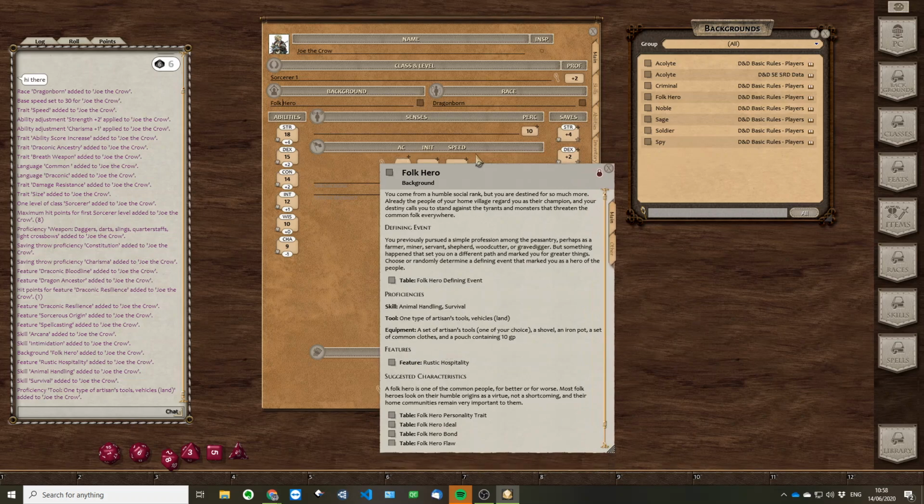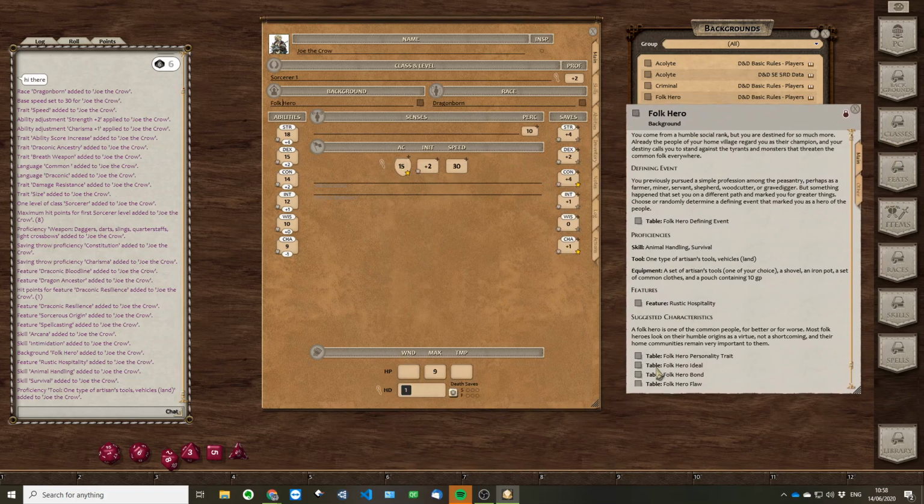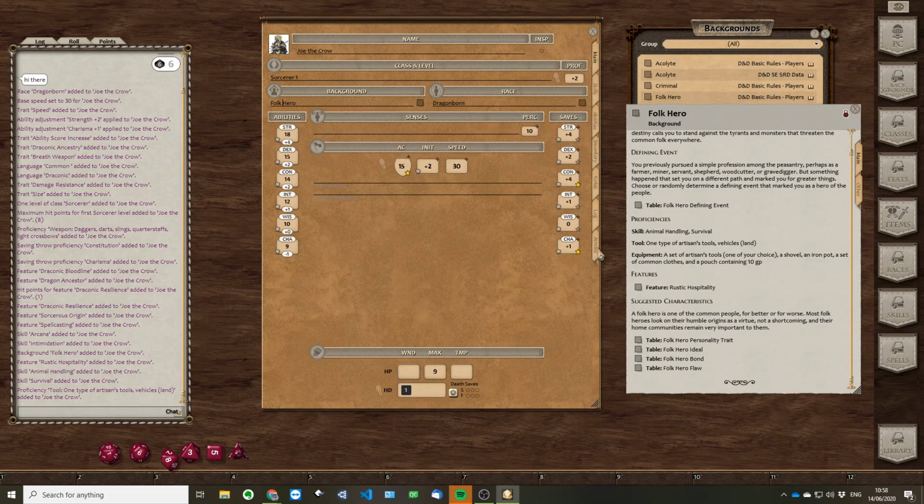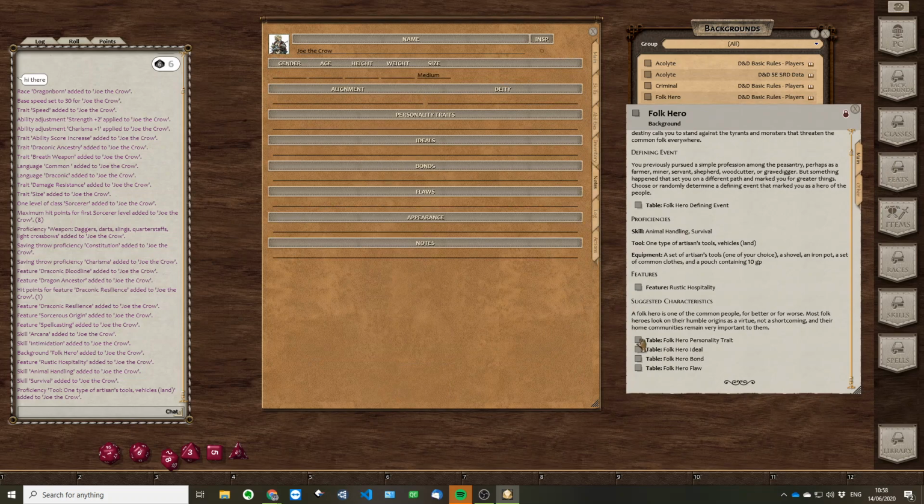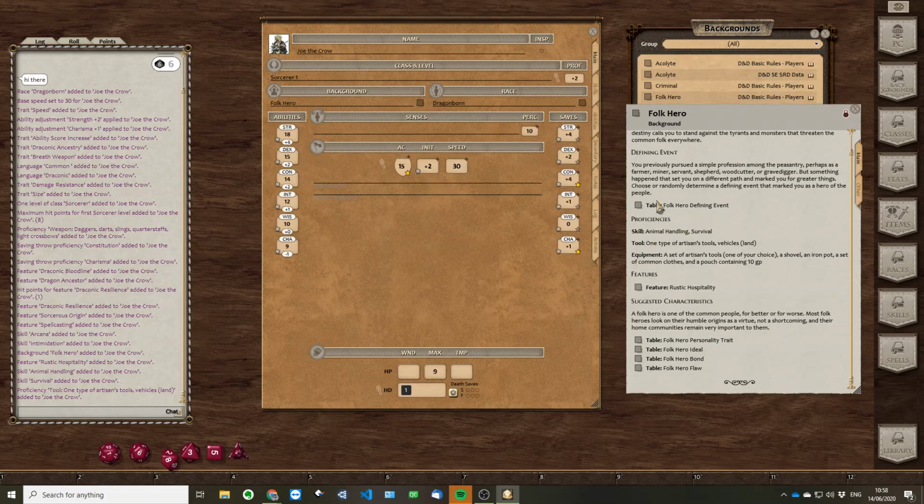Rustic hospitality. Now, it doesn't necessarily populate these, and you'll have to remember these, but you can at any stage, you can drag over to your notes, you can drag any of these or maybe you can't. No, you can't drag those notes over. I thought you could. So you'll have to remember these or make little notes of these. You can see it's quite hard to see that there. You'll notice our armor class is getting buffed as we went. So that's our background. We can drag in our background,